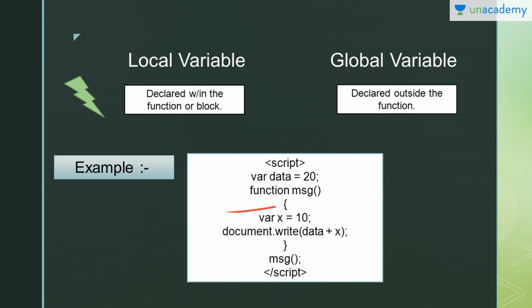Here I have a function named message. Whenever you want to use a function, you need to use the function keyword. See, in the case of a variable, I told you that whenever you are declaring a variable, you need to write var. Similarly, if you want to write a function, you have to use the function keyword. Message is the name of the function. This is your local variable, and here I'm adding the global and local variable. And this message is the calling. Here you are calling the function named message, right?